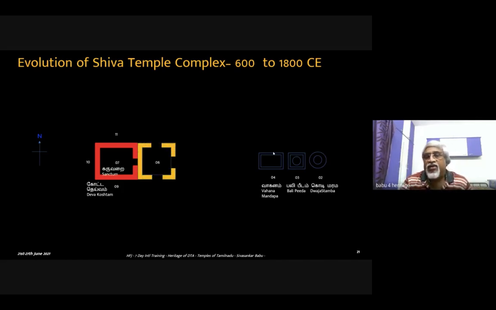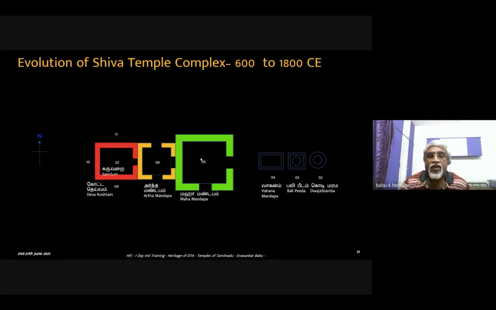Later on, for the benefit of the people, for prayer and other things, there was an extension, the Ardha Mandapa, which was normally done either during the Pallava period or later Chola period and expanded. And this is where, with entrance on four sides, one can see the Garbhagriha. Then it was further expanded during the Chola period or late Pallava period, 800, 900 times.